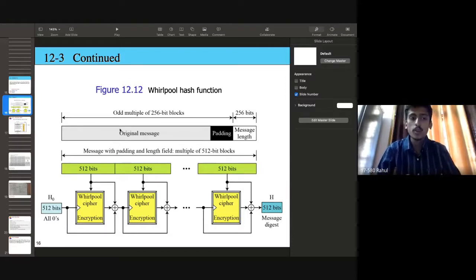here we don't have a function. Instead of a function we have a Whirlpool cipher. The Whirlpool cipher performs the same as a function. Here in the Whirlpool cipher, initially we get the plain text from the 512-bit block, and you can see the H naught. This is 512 bits. It is called a cipher key. Here we get the cipher key from the left side. Initially, it contains all zeros, and we get the plain text from the above block.